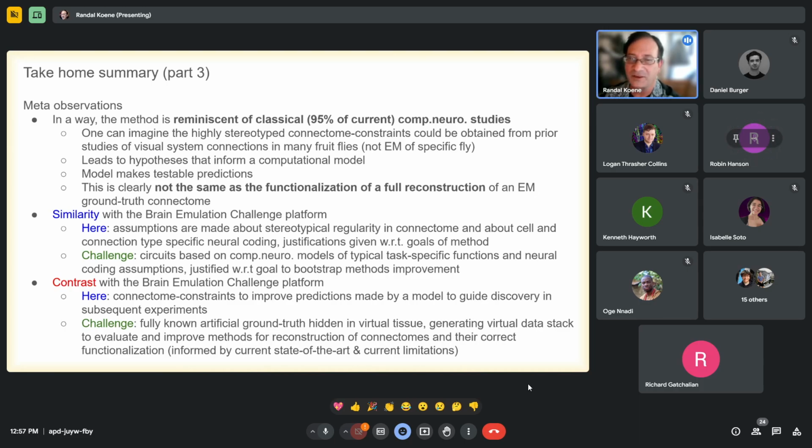Well, I don't really know the answer to your question, because from what I read, I didn't see them explain that. They didn't specifically say, this is why we didn't try other tasks on the same network. I just don't know. Is there data on other tasks for this fly brain? Would we know, if we put in the right inputs for other tasks, what the output should be, besides motion sensitivity? For example, I assume there are. Again, I'm not an expert on fruit fly, so I don't really know the whole set of papers out there. Maybe Ken, you can jump in and explain what other tasks they might have tested for.